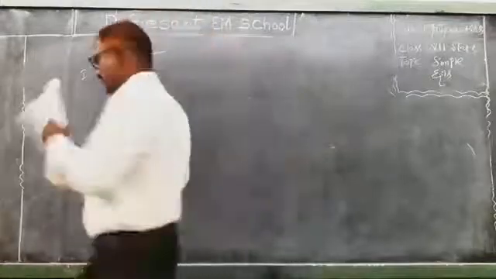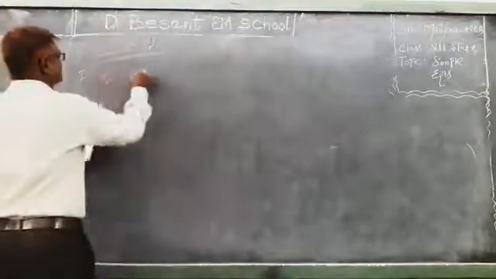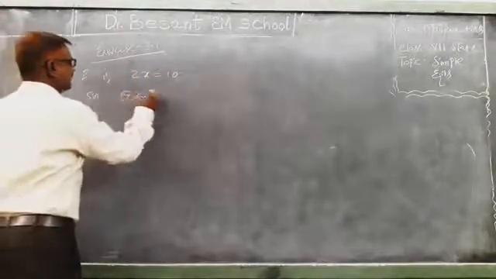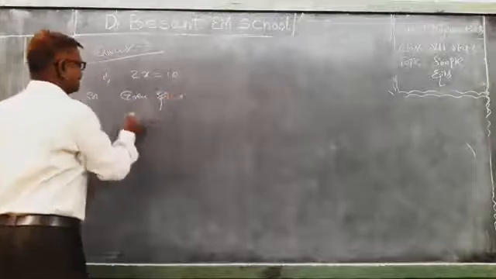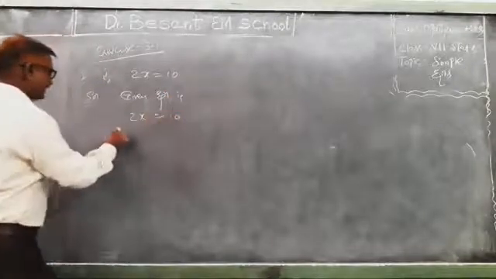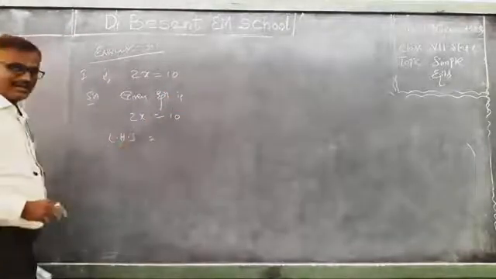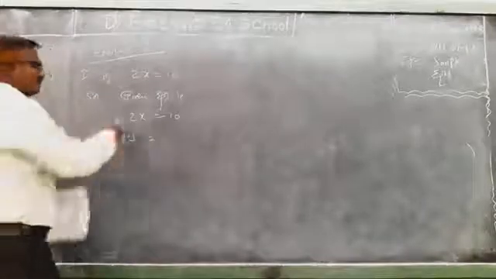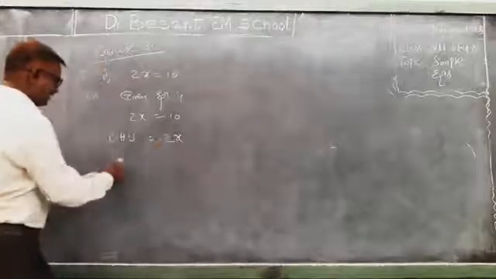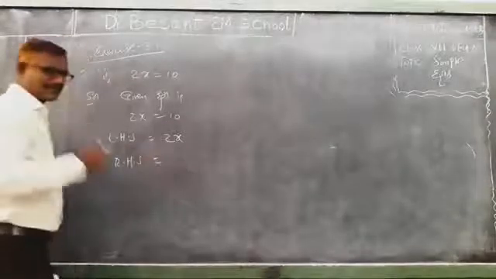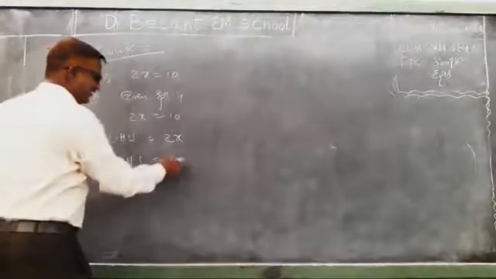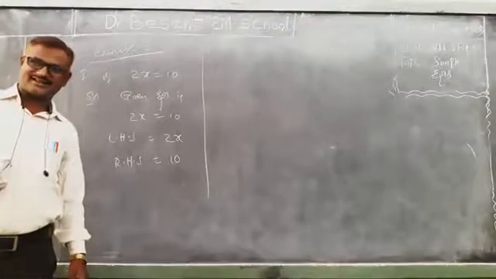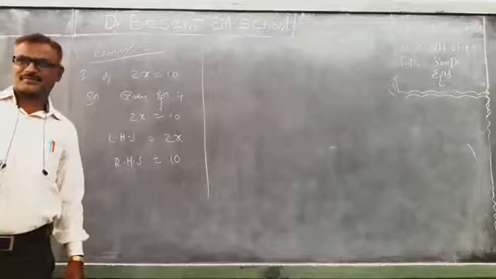Let me explain you the first one. This is 2x equals 10. Solution. Given equation is 2x equals 10. Now tell me, what is LHS? The part which lies left hand side of the equality, 2x. Tell me what is RHS? The part which lies right hand side of the equality, 10. Like this you have to finish writing LHS and RHS of all the problems in the first Roman.